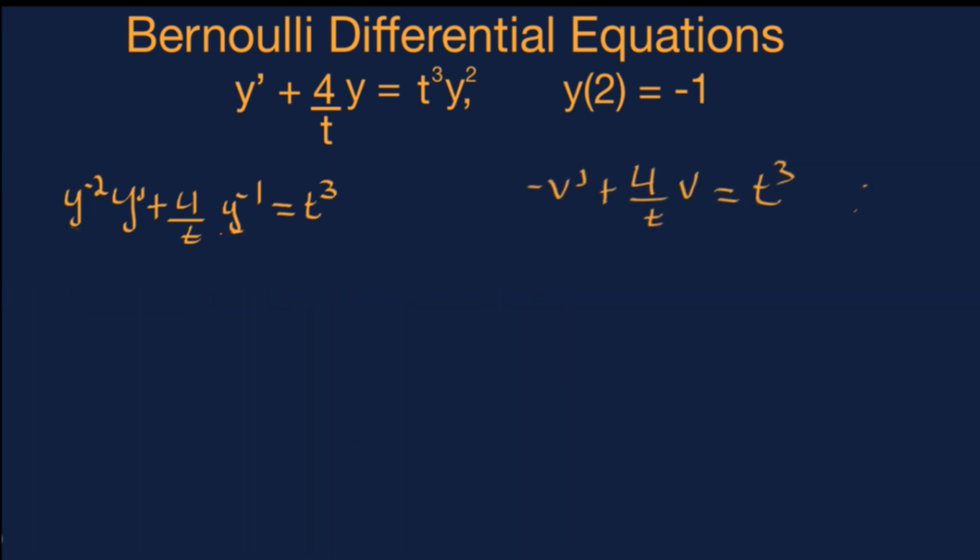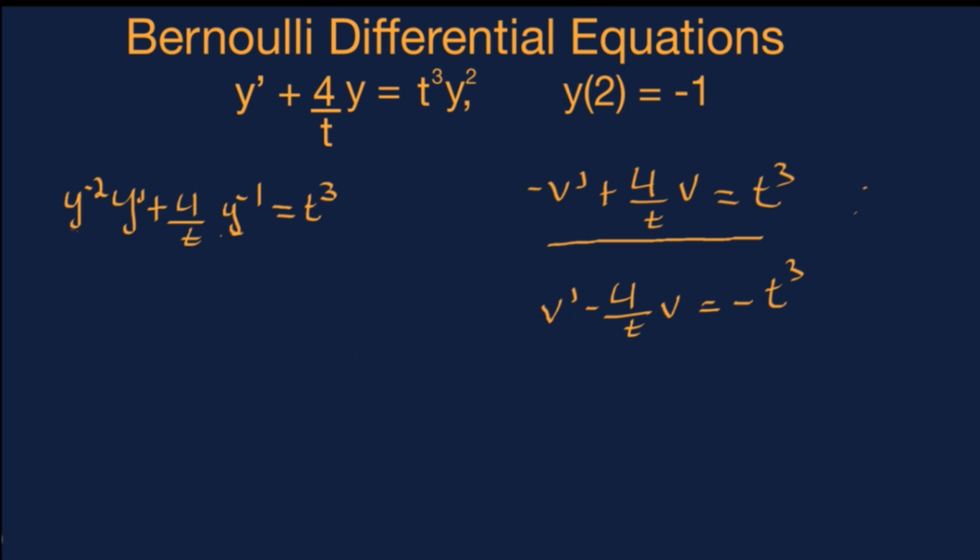So to solve this linear first order differential equation, the first step is to put it in the correct initial form. And to do that, we would have to divide the equation by -1. So when we do that, we get v prime minus 4 over t times v is equal to negative t cubed. And the next step is finding the integrating factor, which is e